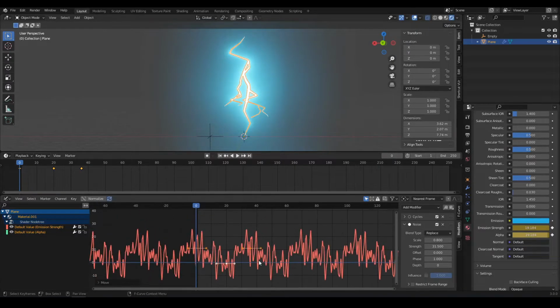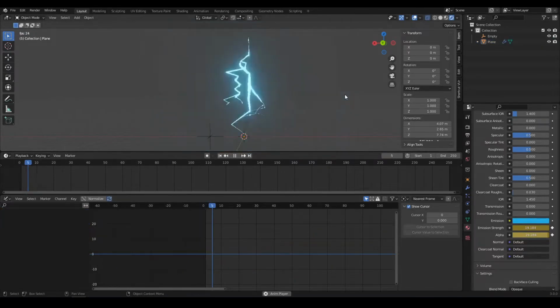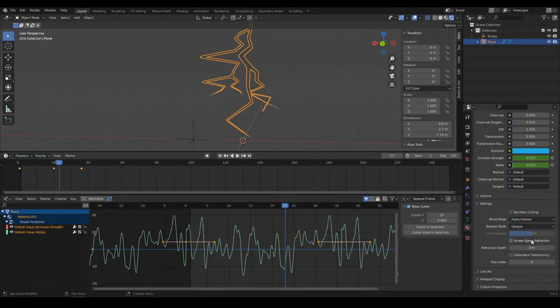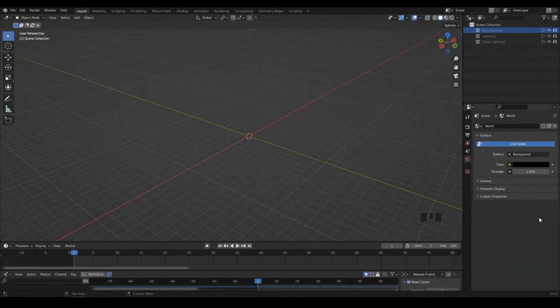it's also a lot more in the negative values, and have a look at our lighting now. It's still black. So why is that? Because we need to set the blend mode to alpha. And here you go. We've got our lightning. Alright, so